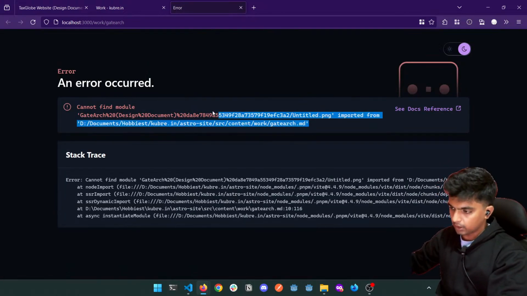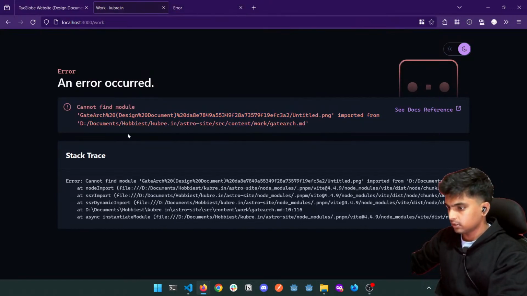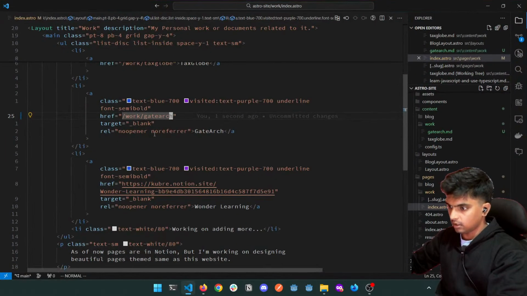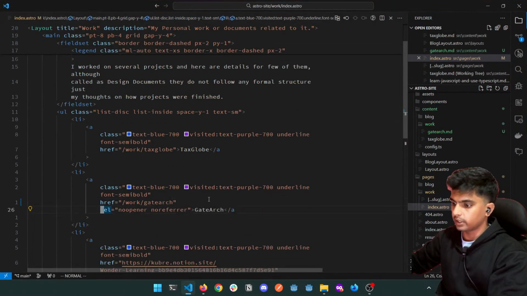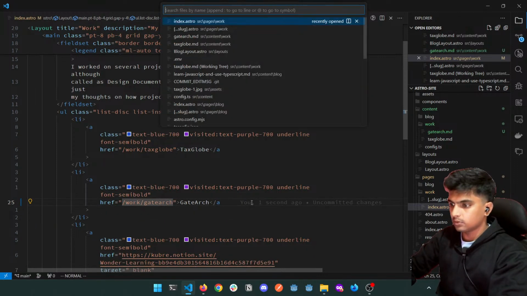yeah, it's having some issue, but the page is there. We are just having some errors, right? And one thing I think I don't need to now, I don't need this target blank now, and link no refer no opener. I don't think I'll need that too, right? So